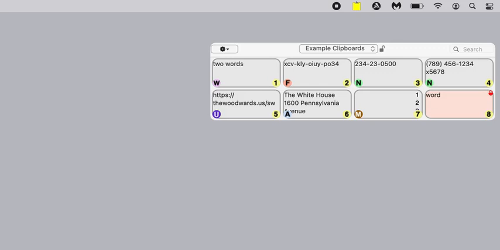Now, I do want to show you some of the special features of the grid. So for example, this clipboard here, which is a different color, is locked. Normally, when you copy a new clipboard, it will fill up the grid up to the size that you specify, a maximum of 99, and then it displaces clipboards to make room for the latest one. But you can lock a clipboard as this one is, and the locked clipboards will never disappear unless you manually